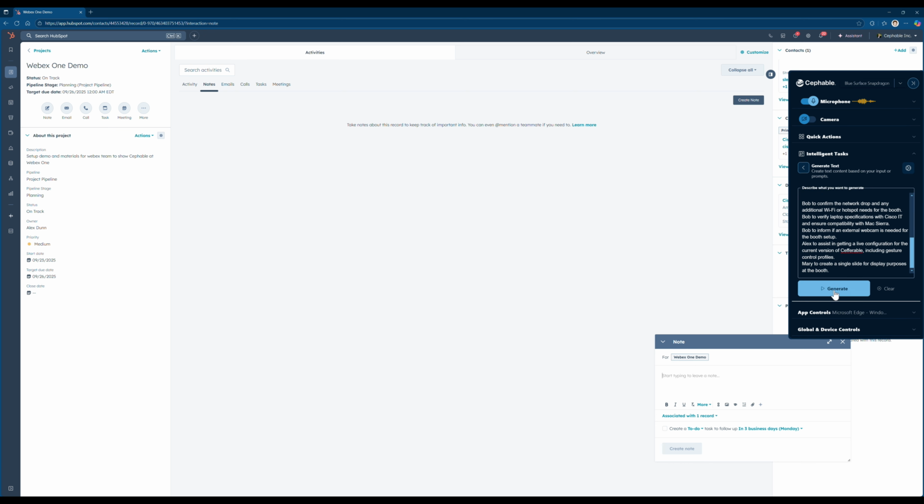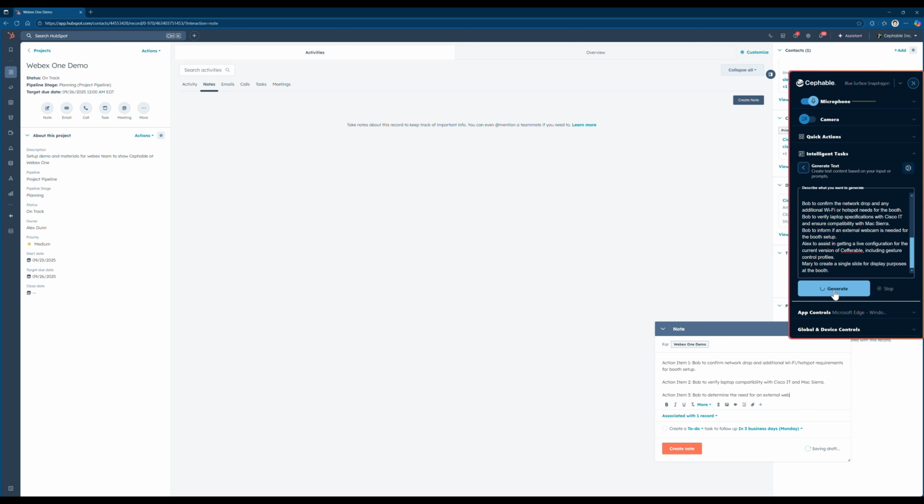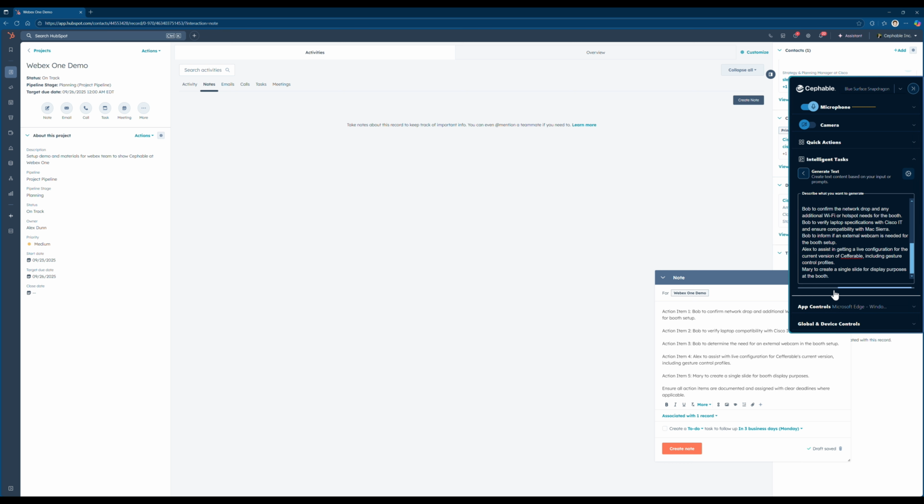And now I'm going to go ahead and click generate, and Cephable is going to start typing that up directly into my CRM, taking the content that was summarized by Webex. Great. Now I can save this note,